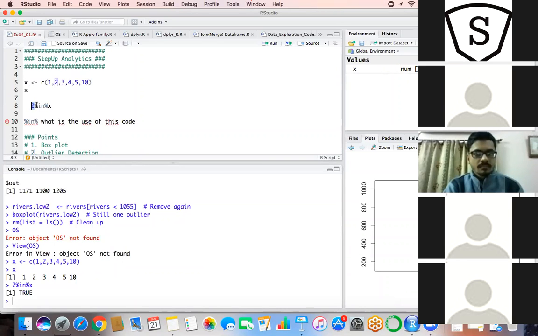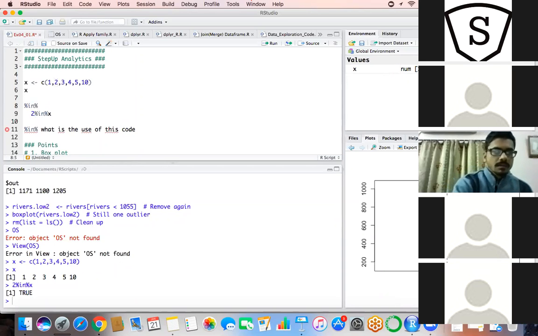For that situation, to clear out that confusion, whether a particular element belongs to this data set or this data frame or not, we use the in operator, which is percent in percent. This is the operator. How do we write it? Percent in percent,